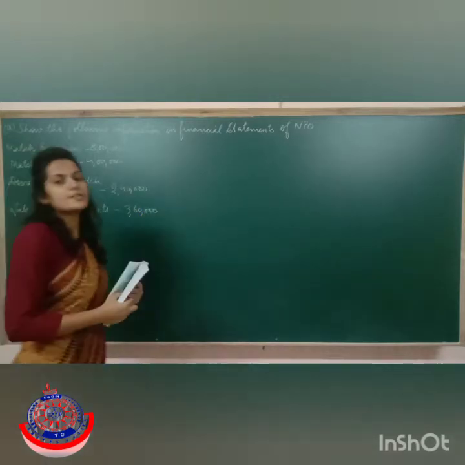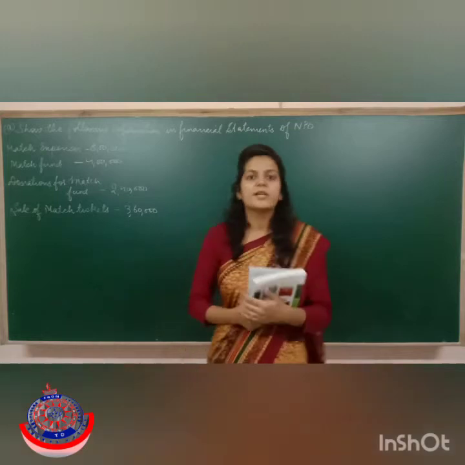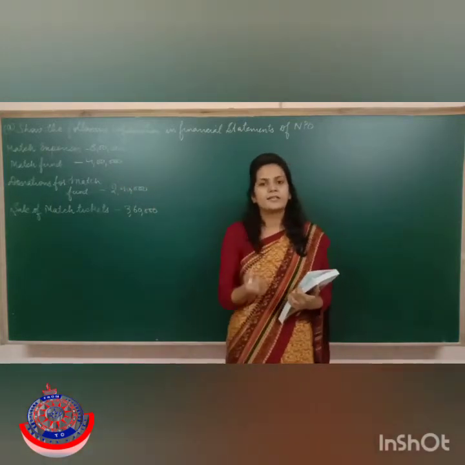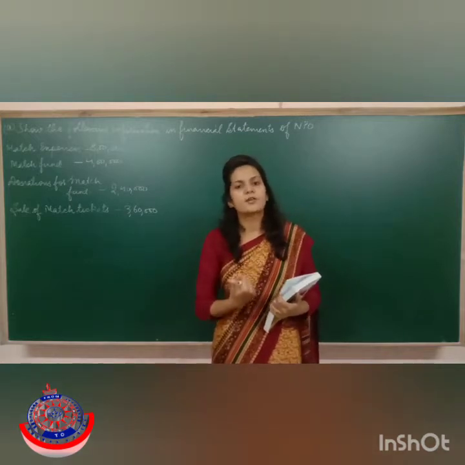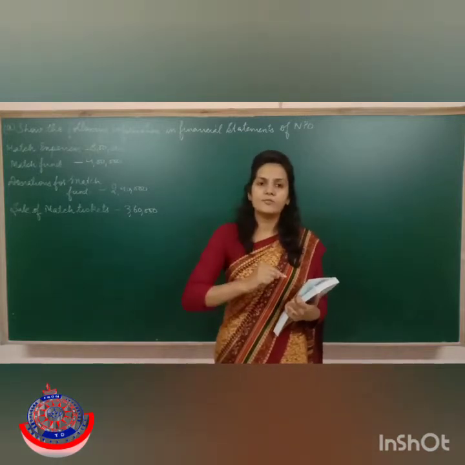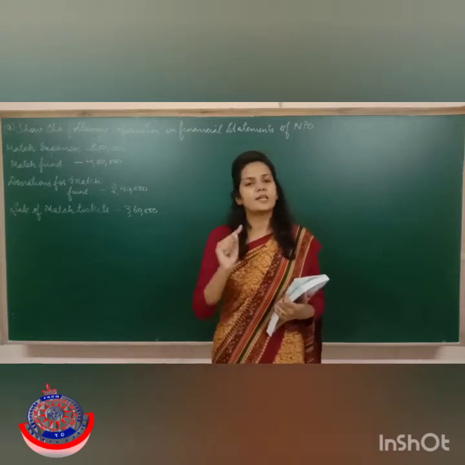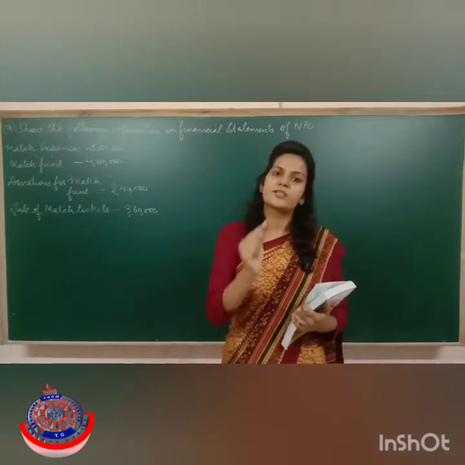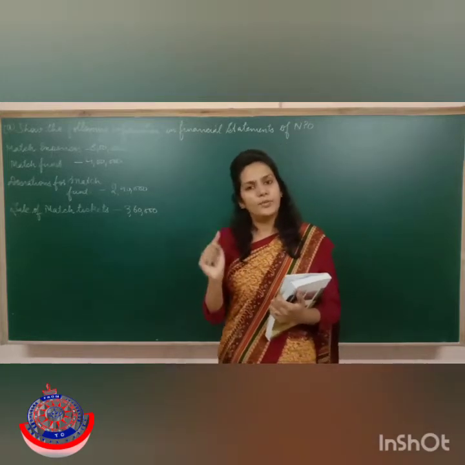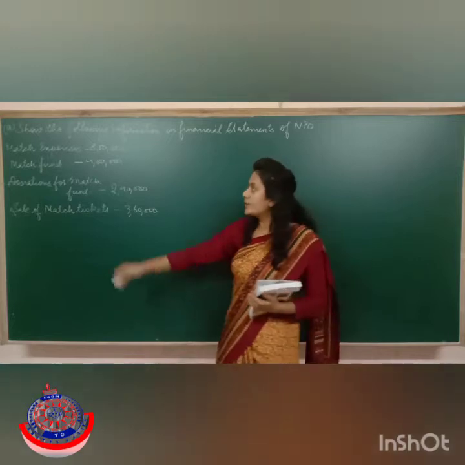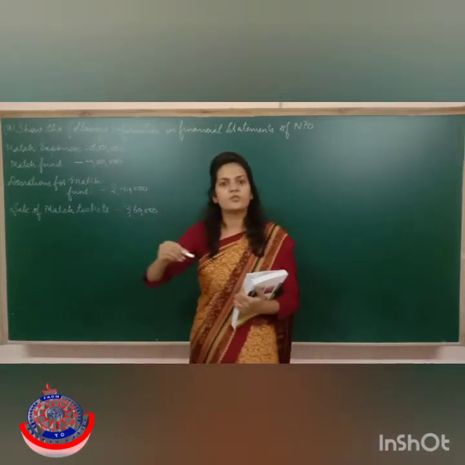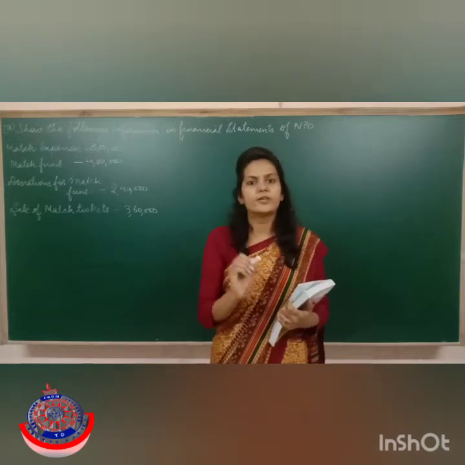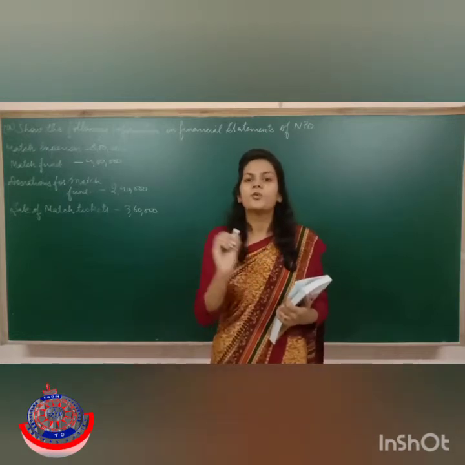First of all, just note down one point. If some fund is given to you in the question and its related incomes and expenses are also given, then all the incomes will be added to the match fund on the liability side of the balance sheet, and all the expenses will be subtracted from the match fund on the liability side of the balance sheet itself. All the addition and subtraction we have to do in the fund only, on the liability side. Nowhere else are we going to show it.